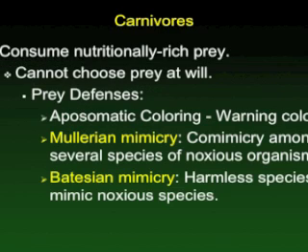The carnivores, although they have very rich food to eat, do have some problems in choosing their prey because the prey have defenses to prevent predation. Some of the animals, as you well know, have color patterns that tell you right away that they're poisonous. For example, the monarch butterfly is noxious. It tastes really, really bad, and so when birds eat a monarch, they tend to regurgitate it, and the next monarch they see, they probably won't eat.